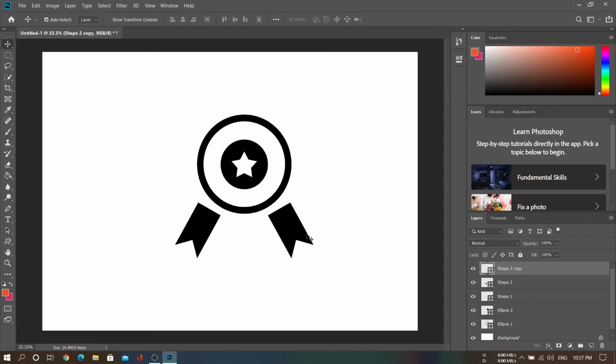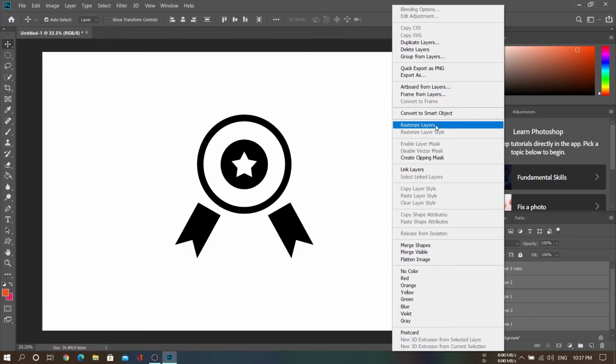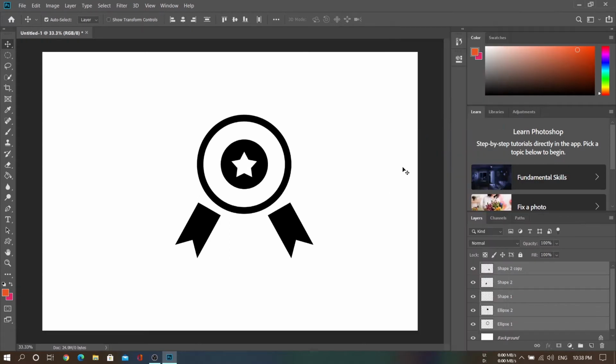So we have basically made the certification badge we are going to use in the certificate. By using the move tool, we are going to select all this, and in the layers menu we are going to firstly rasterize the shape, rasterize the layers. Rasterization means it does not pixelate while zooming in, it will remain a constant shape.